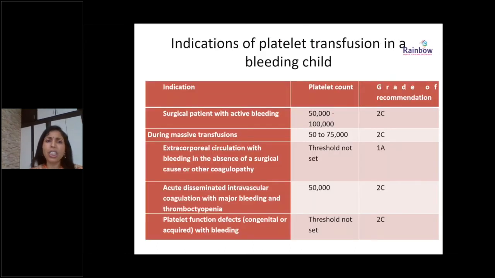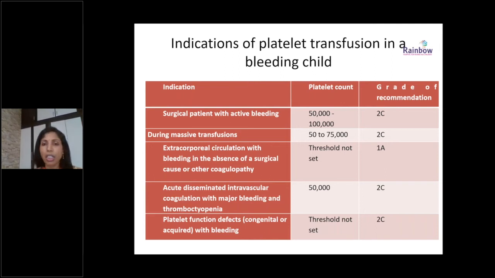What are the indications when you are considering platelets for children? Definitely you have to look at these numbers. If you have a child who doesn't have any bleeding, you can wait even at less than 10,000. We have just seen the scenario: stable dengue, platelets 10-15,000, no coagulopathy, no fever, then you can go ahead and wait for transfusion. Whereas if you have fever, then you would like to maintain the platelets above 20,000, not only for dengue fever, also for other infections.